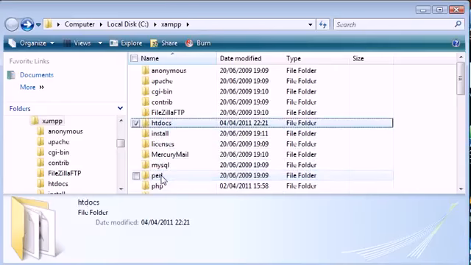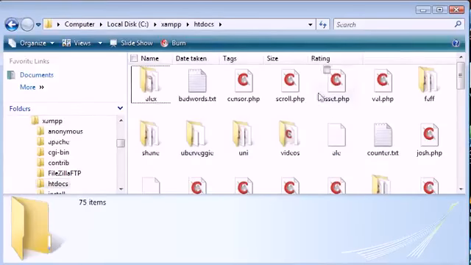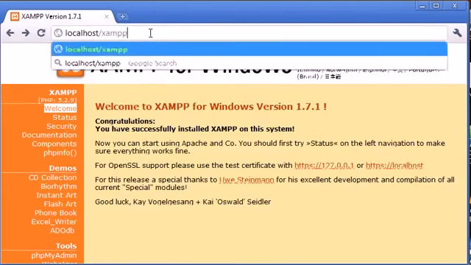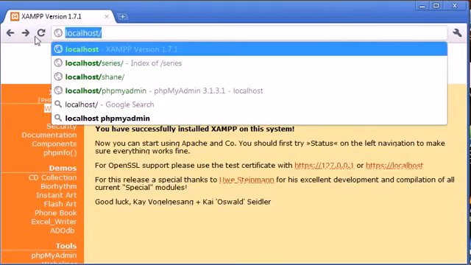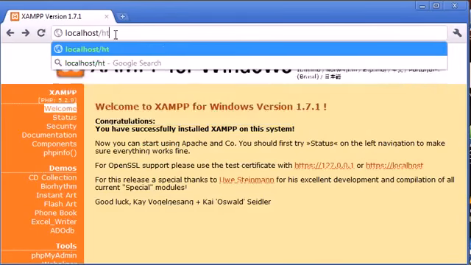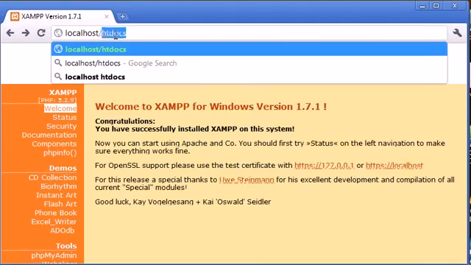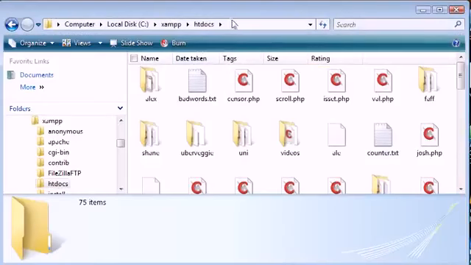Okay, so htdocs is the folder that I want to focus on in this tutorial because we're going to be creating our first file. Now inside htdocs at the moment it's a bit of a mess for me. I've got a few files in here, but we want to create our PHP file in here. So let's just open up our browser. So you know now that we access our local server from localhost. Now we don't need to do localhost/htdocs/ and our file, because htdocs here is the root directory, if you like, for where